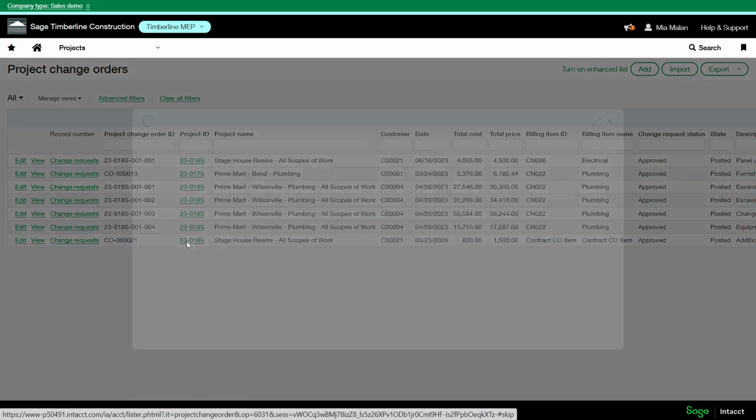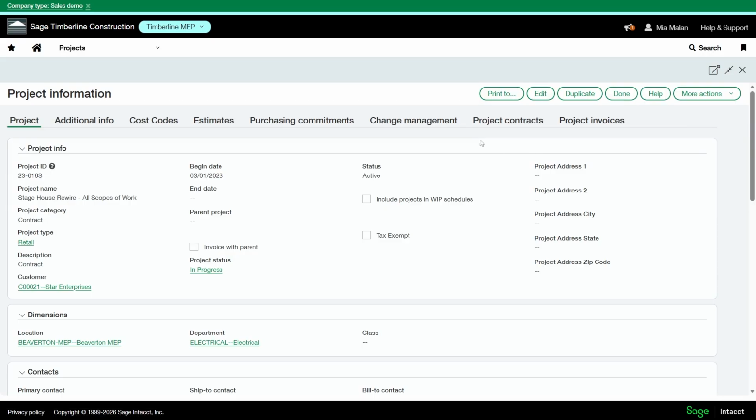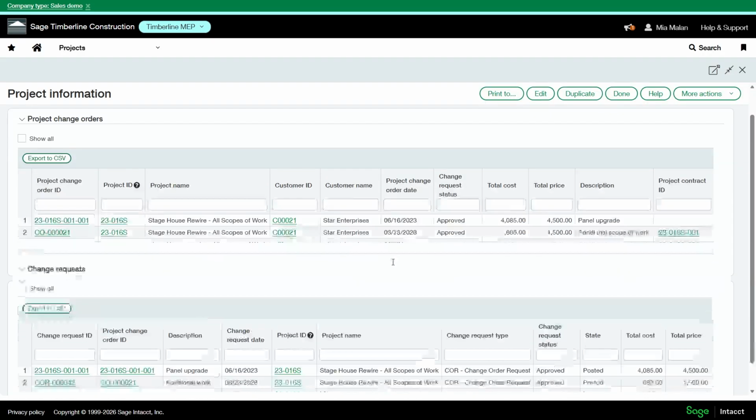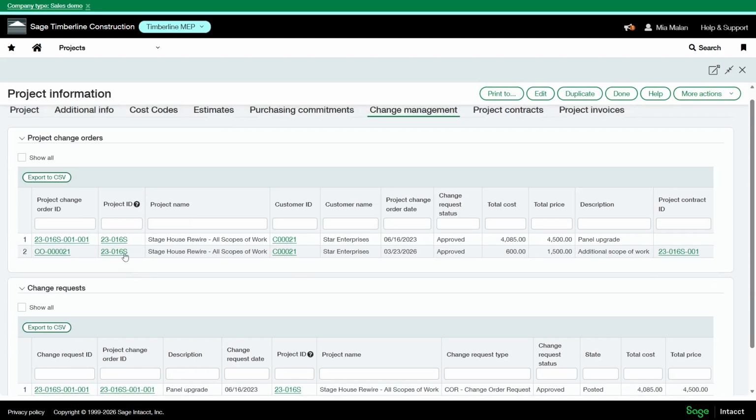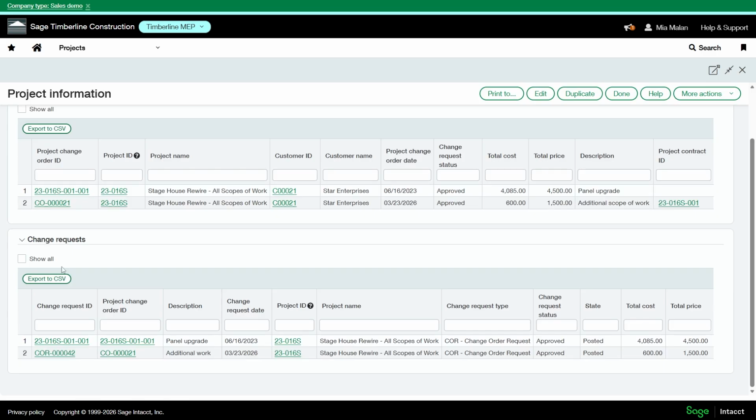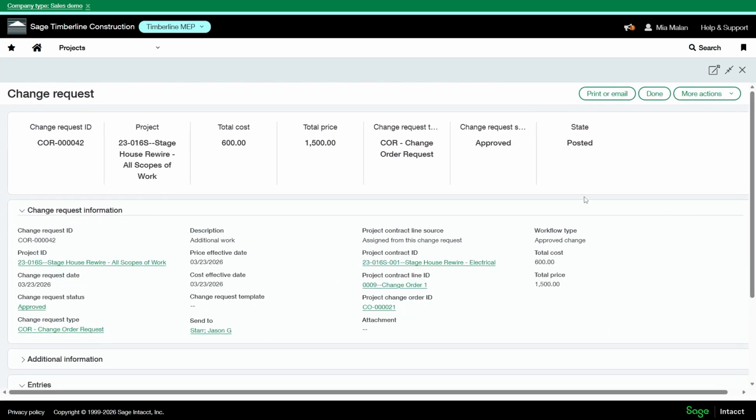If I drill into my project ID, under my change management tab, I can see this new project change order that was issued and the change request. I can drill in here. So this is the change request we issued in the last video. And you can see that once my project change order was approved, this status automatically updated to approved.